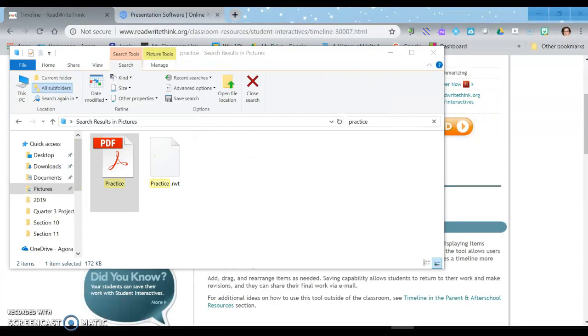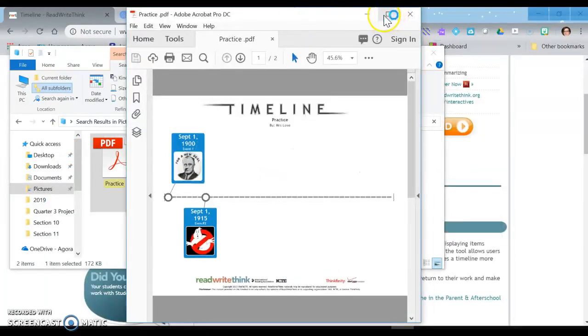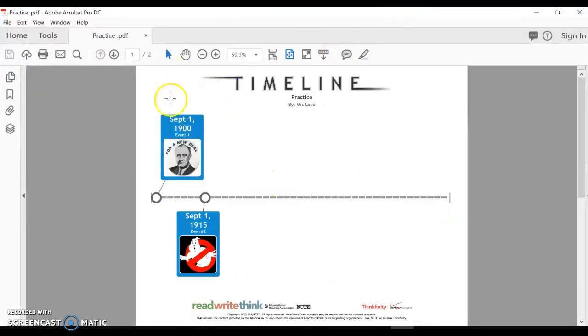Okay, when I saved the final, this is better. When I saved it as a final, it created a PDF for me. And I actually like this better. So that's what I want you to do. You click Save Final, you save it on your computer, and then you'll get a PDF like this of your